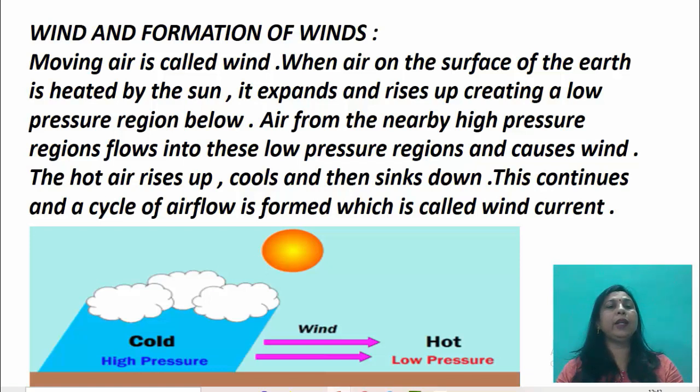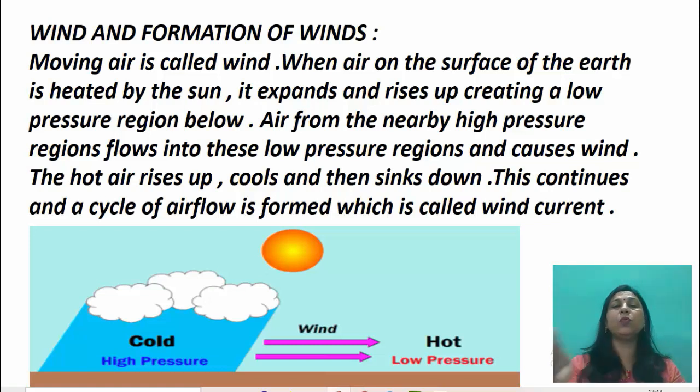जब लैंड हीटेड अप है तो उसके ऊपर जो भी चीजें हैं वो भी हीट अप होंगी. तो एयर गेट्स हीटेड अप. When it gets heated up, it expands and it rises up, creating a low pressure region. एयर ऊपर चली गई तो यहाँ पर जगह खाली हो गई, तो लो प्रेशर रीजन इज देयर. Air from the nearby high pressure regions